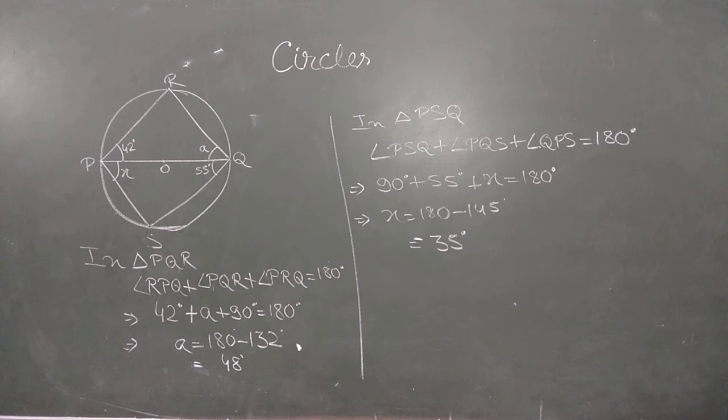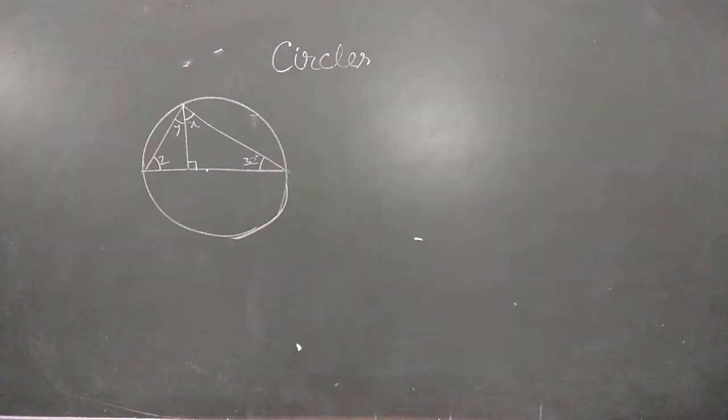Now move to the next question. Now we have another figure. In this figure we have some related angles, x, y, z, one right angle on the diameter from the circumference, and there is another angle of 32 degrees. The question says find out the related angles. This is the last question of this video. All of you see the video, see the concept very carefully and try to solve all the questions given in your exercise. Now come to this part.